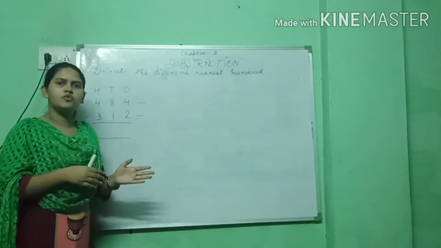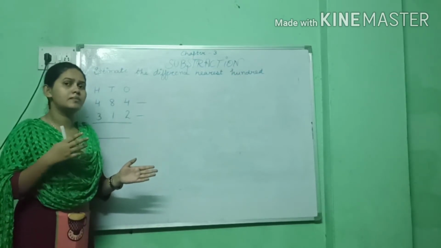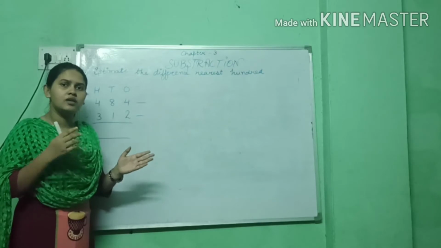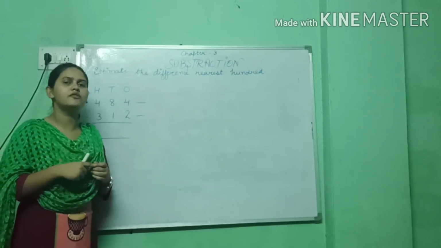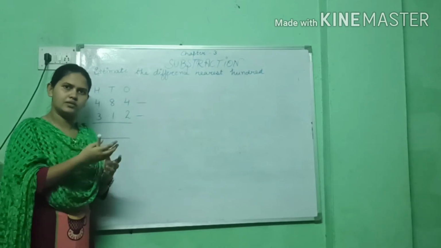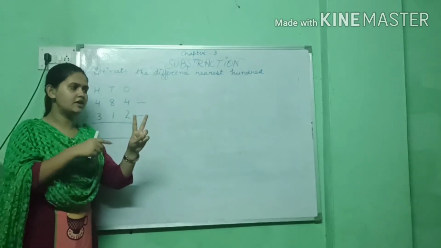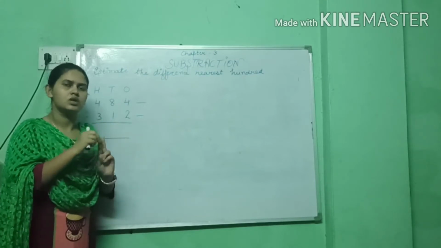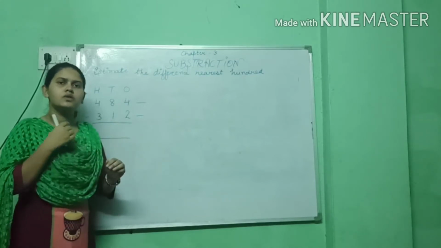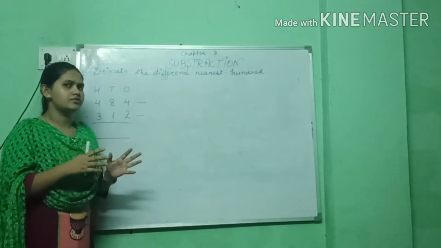In the previous video we had 3 tips which we have to remember all the time, right? When we do subtraction, it means we are taking one number away from another number. If we have 2 numbers and take one away from the other, that is subtraction. In this way we learned the definition of subtraction.